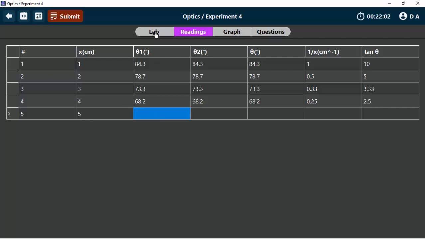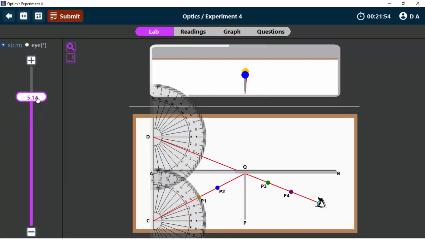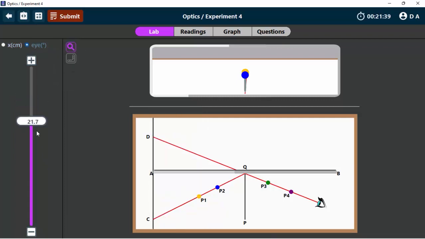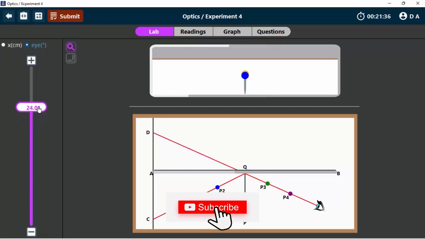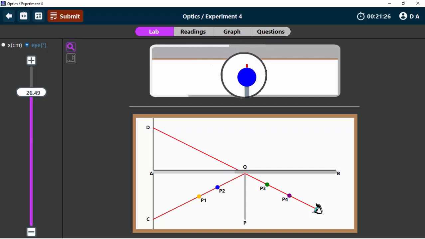For the last reading, we make x equal to 5. So you go back to x, then you move it up until you get to 5. Once you have 5, the next thing you want to do is to move your eye until you get the blue pin aligning with the orange pin. So you adjust it carefully until they cover perfectly or almost as perfectly as possible. Then once that's done, you want to